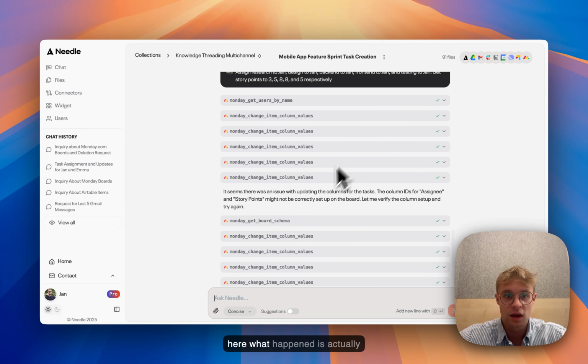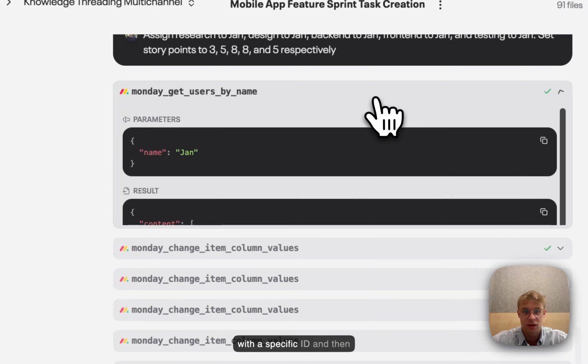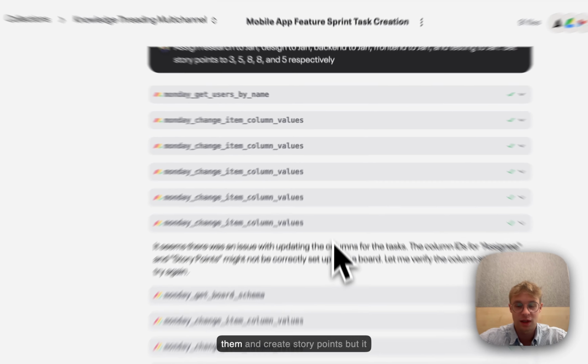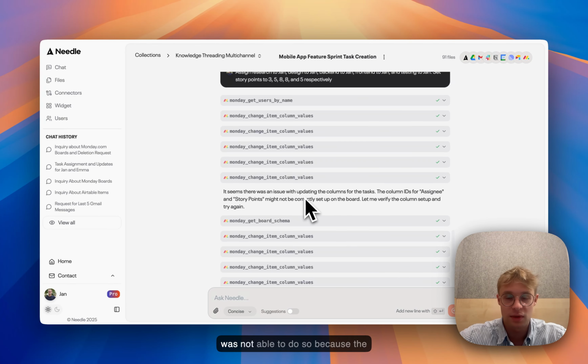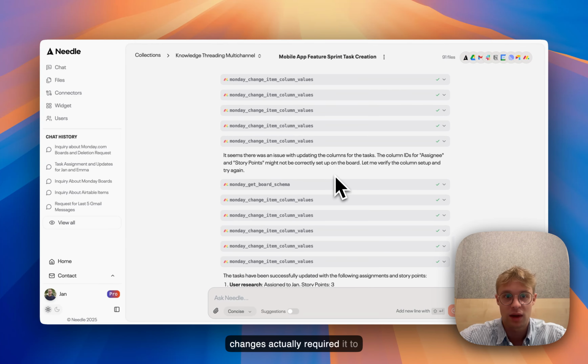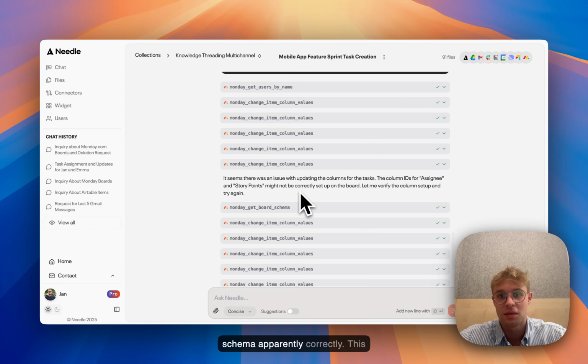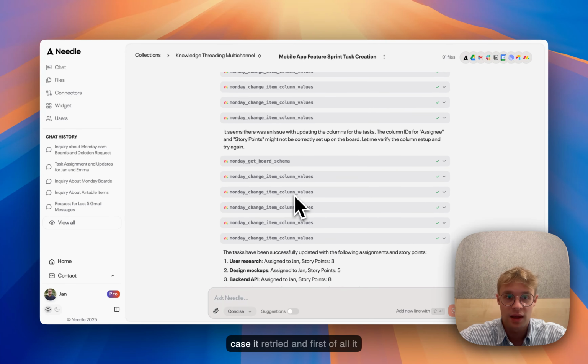And you can also see here, what happened is actually that the Needle agentic chat first was having issues to do that because it didn't understand the correct schema of the board. Because you see first it called get users by name, and it tried to find the user, Jan, which actually it also found with a specific ID, and then changed the item value, so assign them and create story points. But it was not able to do so because the call that it made to make the changes actually required it to understand the board schema, which it didn't make a call for before. That's why Needle chat actually did a retry,